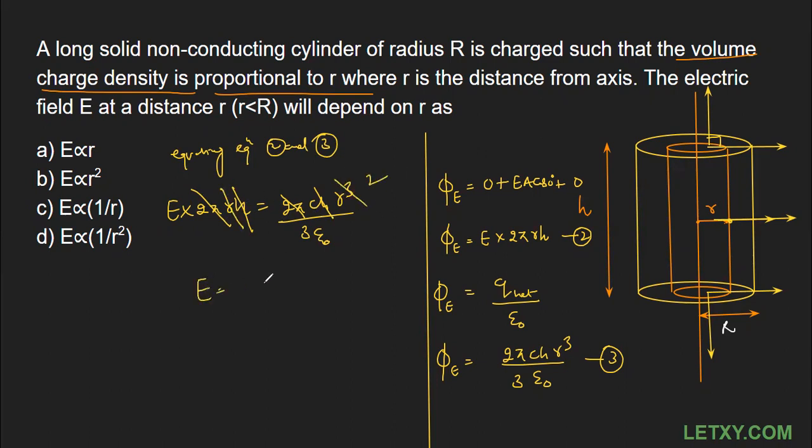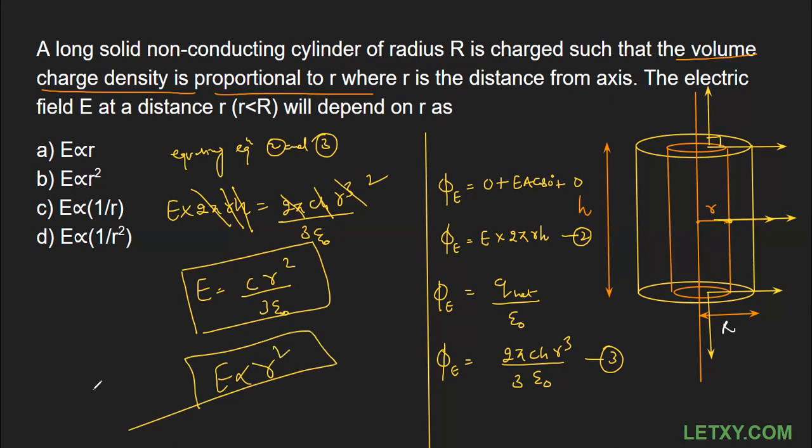So ultimately we have seen that the final expression which is coming is E equals C R square upon 3 epsilon naught. So this is the final amount of electric field that is available at a distance small r. As r increases, the electric field will also increase, as you can see, if small r is less than capital R. But right now we just have to find out the relation between electric field and R, and you can see electric field is directly proportional to R square. So according to the question, according to the options given, which option is correct? Well, I hope you can see the second, or the B option, is absolutely correct.